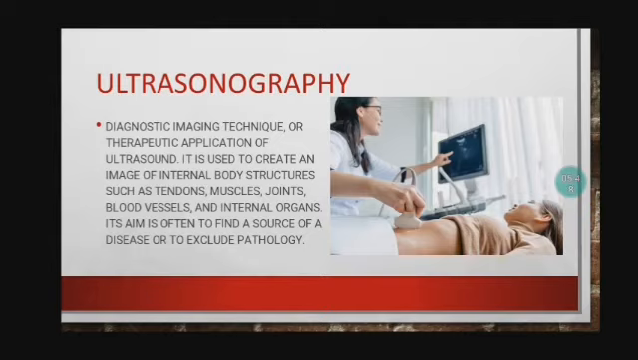Its aim is often to find the source of a disease or to exclude pathology. Ultrasonography uses high-frequency sound (ultrasound) waves to produce images of internal organs and other tissues. A device called a transducer converts electrical current into sound waves, which are sent into the body's tissues. Sound waves bounce off structures in the body and are reflected back to the transducer, which converts the waves into